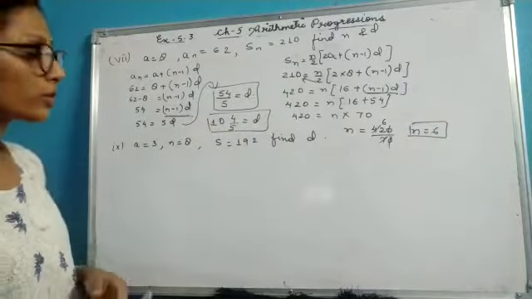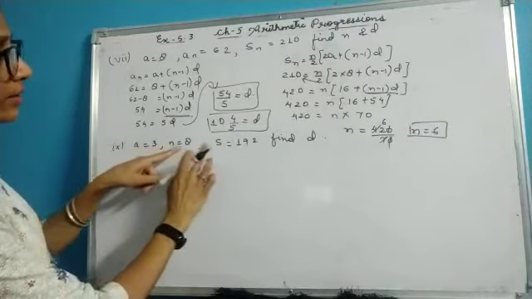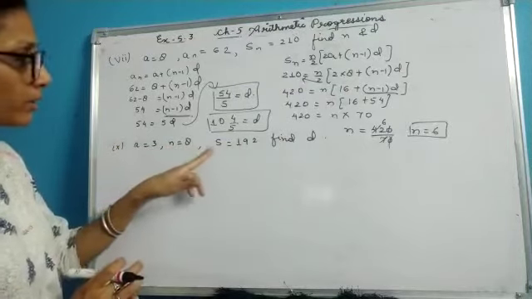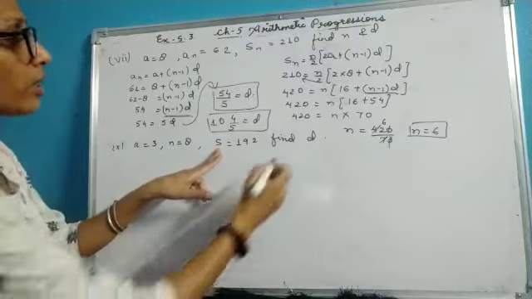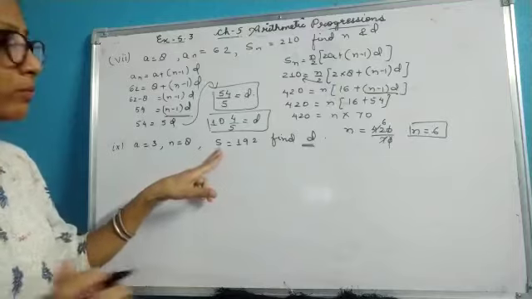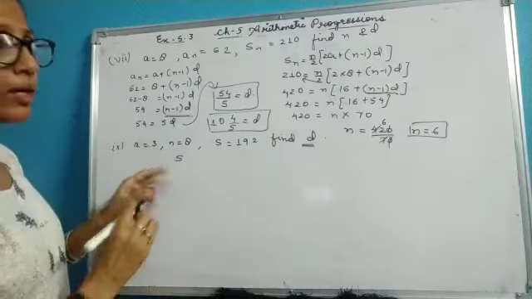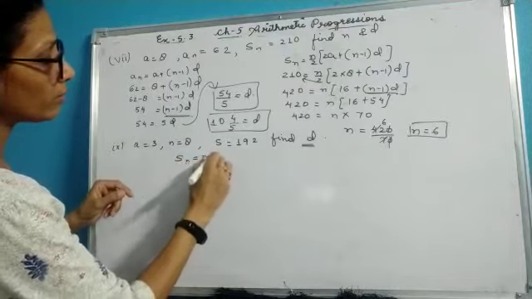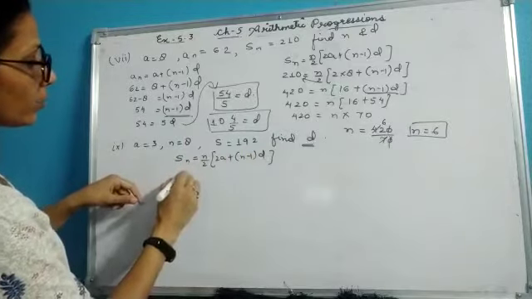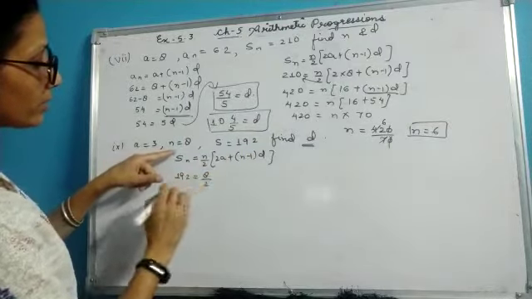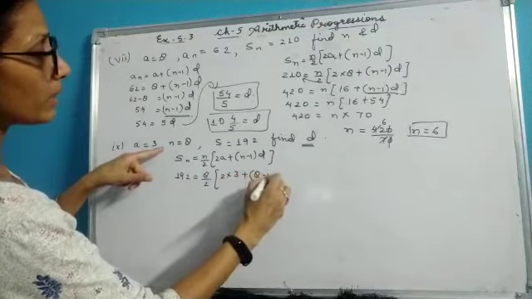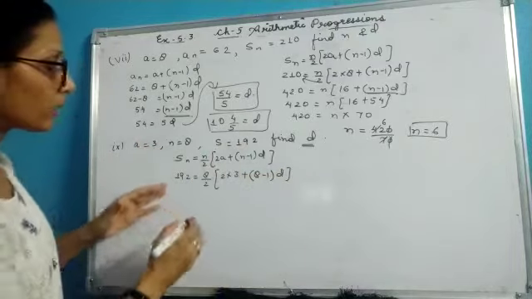See the next question, children. Here you are given with A, N and S. Here it is only written S, but since I have taken N equal to 8, that means this is the sum of 8 terms. I need to calculate D over here. Since I am given with S, that means sum, so I'll be putting the formula for Sn. So I know Sn equal to N by 2, 2A plus N minus 1 into D. Here Sn is 192, your N is given to you as 8, 2A is given to you as 3 plus 8 minus 1 and D is unknown to you. So I'll simply solve it further.